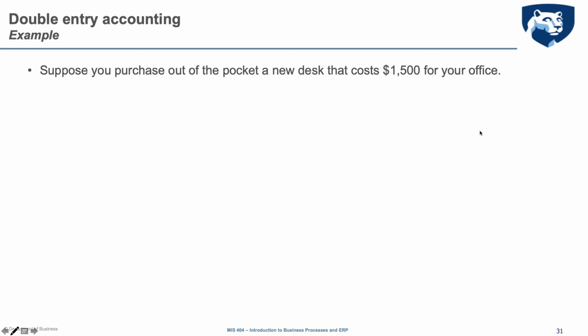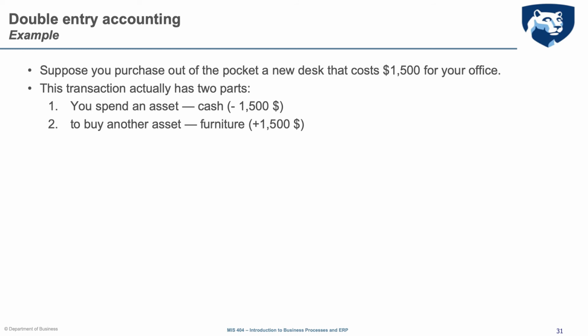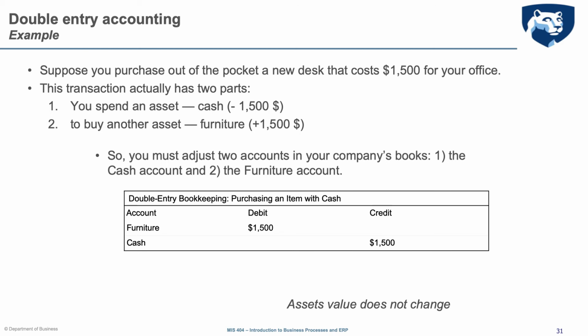So suppose you purchase out of pocket a new desk that costs you $1,500 for your office. Okay, so the transaction has two parts. You spend an asset, so you are taking $1,500 cash out of the pocket, and you are buying an asset. So your asset is increased in furniture by $1,500. So, respecting the double